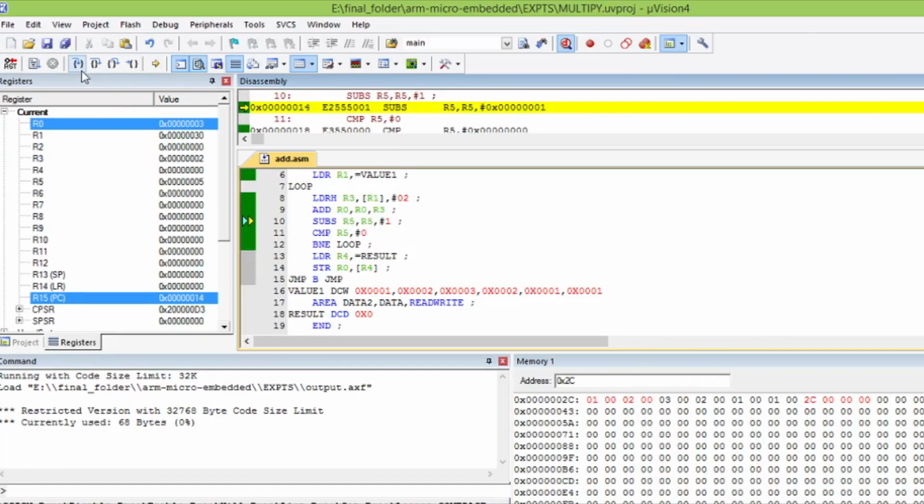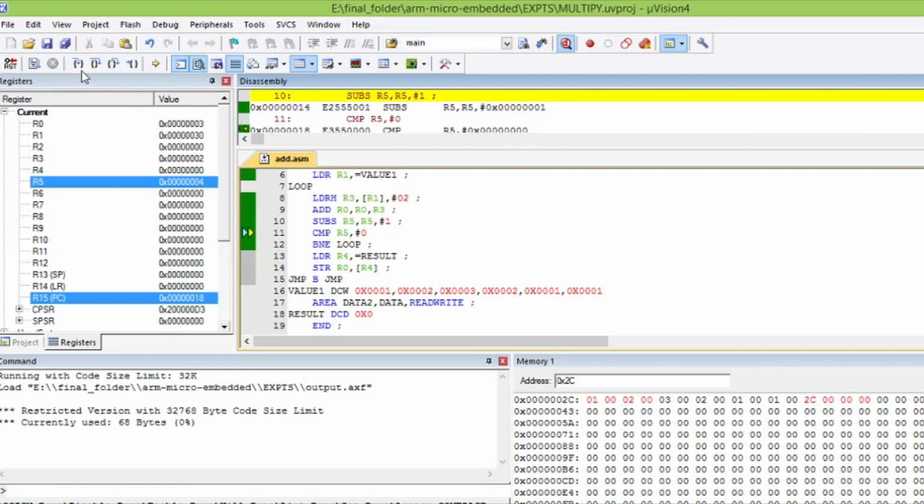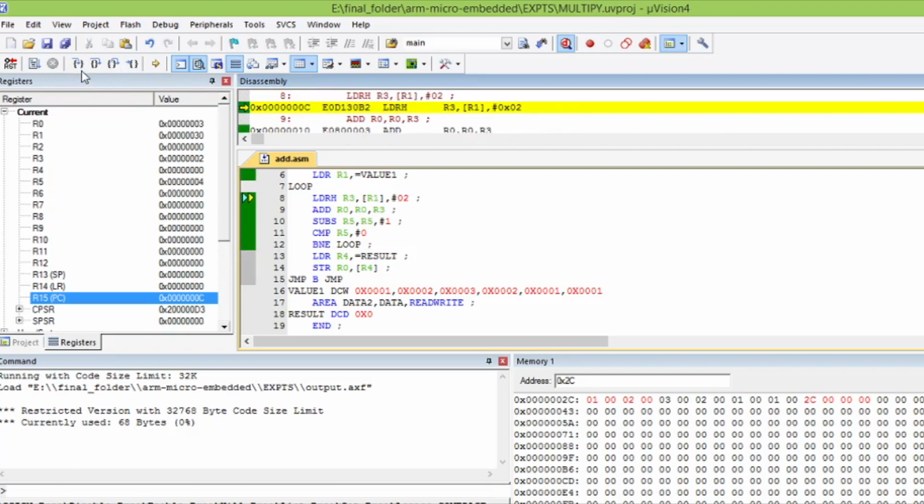Next, we are subtracting from R5, comparing, and the loop continues. Then again we have also updated R1, as in the previous case, 2E plus 2. Because of which R1 is currently 30, it will be pointing at this particular value,